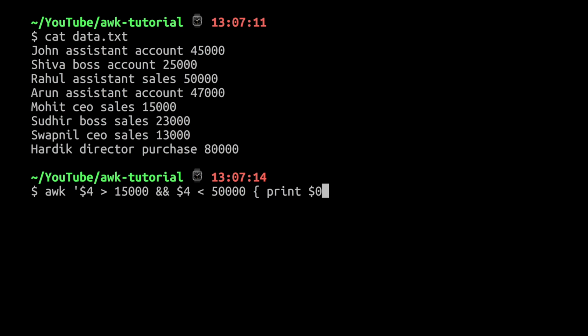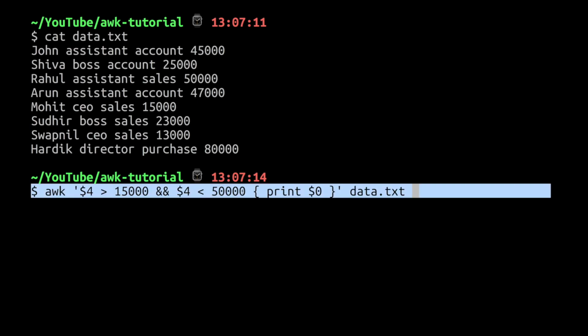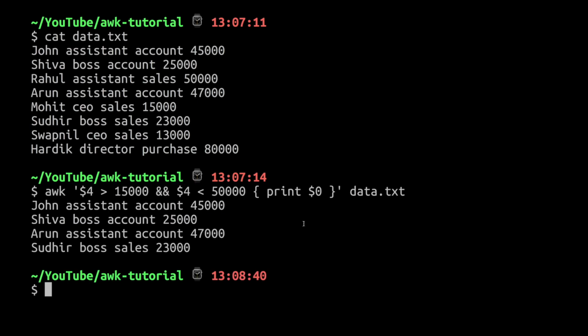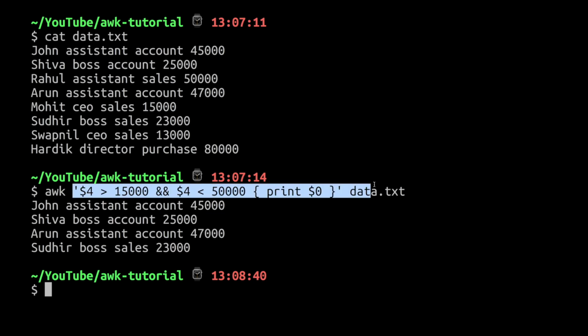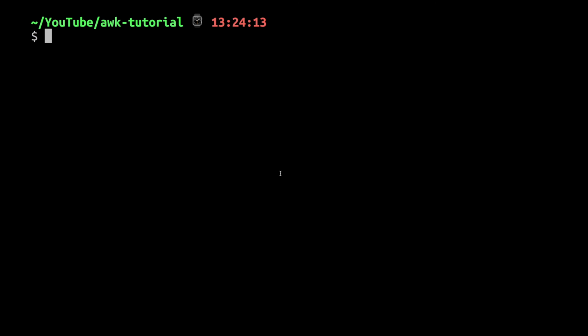For the entire record I'll have to give $0. Now I close the single quote, and then I pass the data file. Here I'm simply giving the range from 15,000 to 50,000. Let's press enter. All the records have salaries in the range 15,000 to 50,000. In this way, you can use different logical operators. It is similar to any other programming language. It is just that we have to keep the syntax in mind. So yeah, that's all about the awk command.